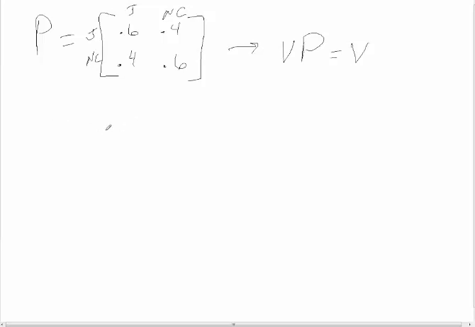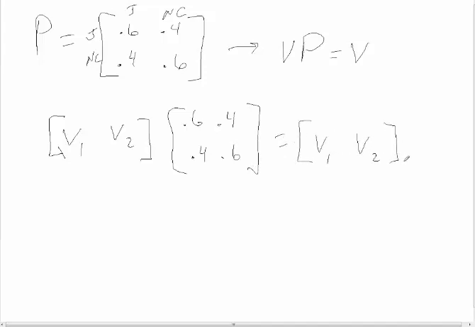So to do the calculation, we want to find this vector which, when multiplied by the transition matrix, gives us